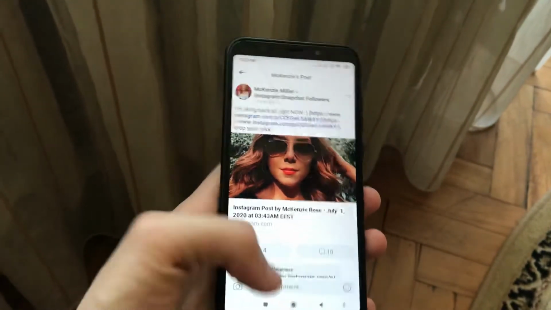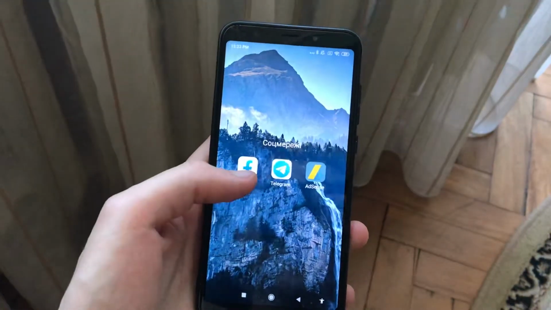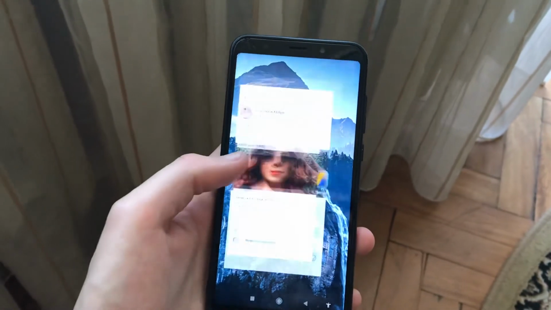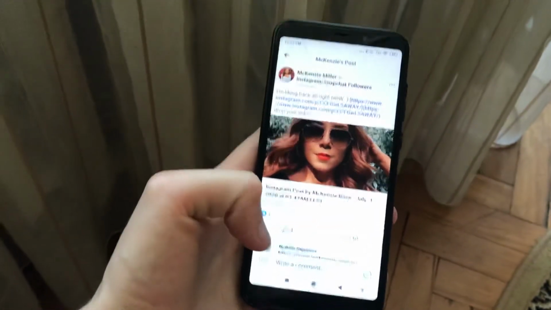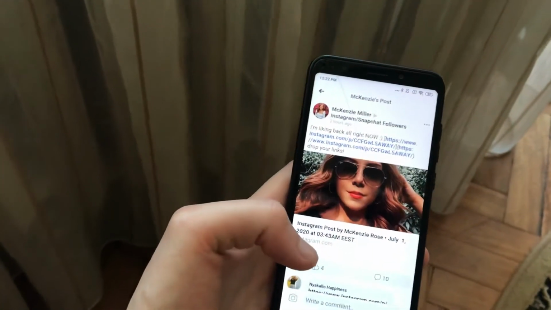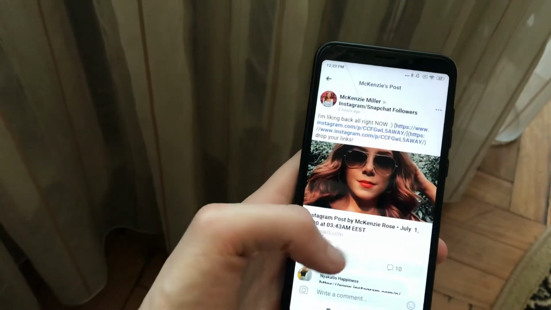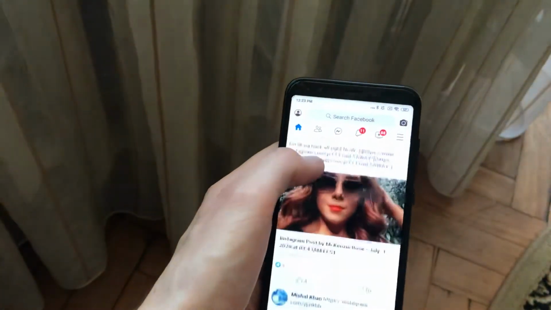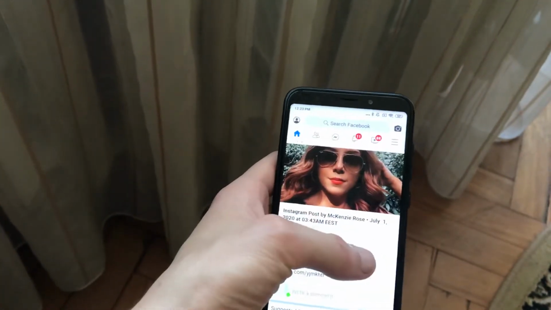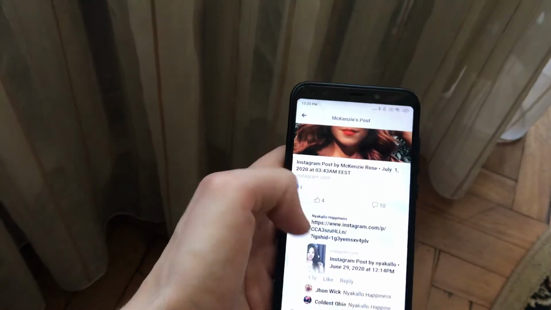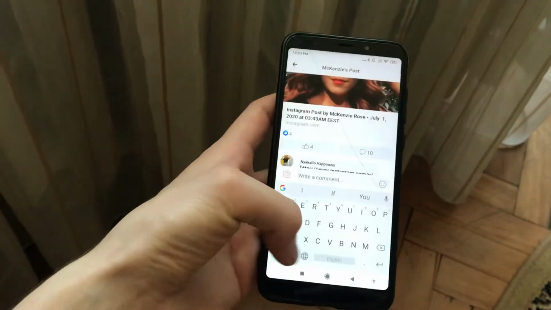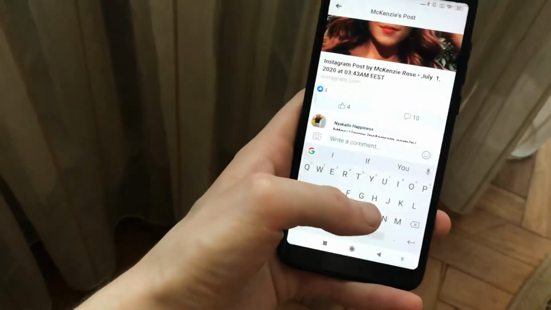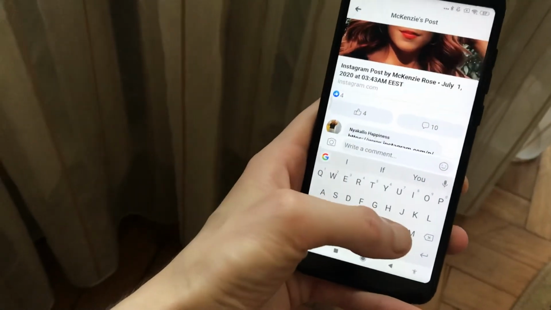So for doing this you just need to open your Facebook app or open it from your web browser. I open it from the app because it's more comfortable for me and I like to view Facebook from this app. So you just need to choose the post you want to comment on and click on comment, and now you can also see here "Write a comment". So just click here and write something, for example, nice,